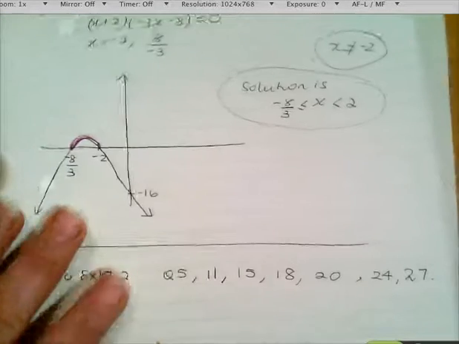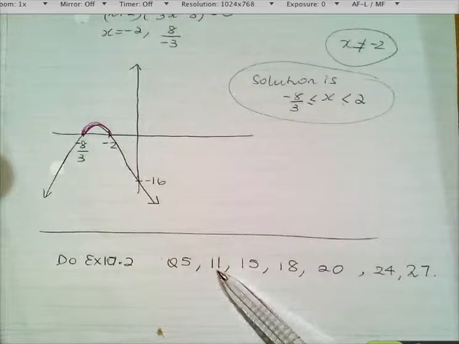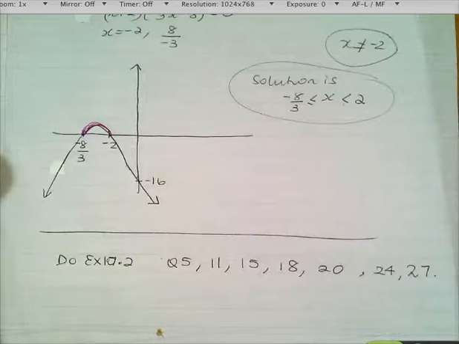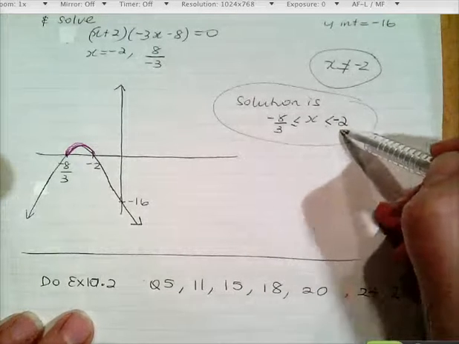So now, if you could please just do exercise 10.2, question 5, 11, 15, 18, 20, 24, and 27 from exercise 10.2. Thank you. Sorry, and just quickly going back to here, this is a negative 2 here because